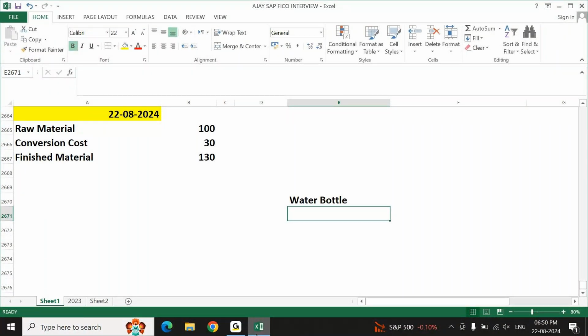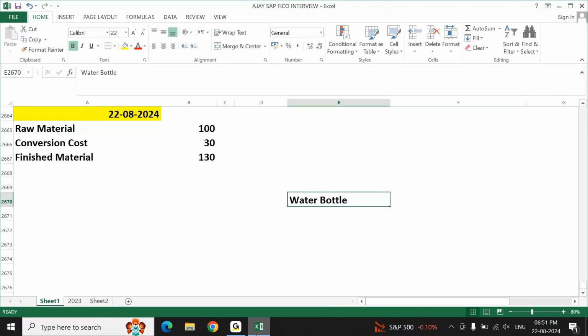Whatever you're using, a cost center or a production, it is always recommended you use a term called overhead. Fixed overhead, variable overhead. Now when you're manufacturing a water bottle, for example, you have to put the same cost. Now the same example, if you treat it in your real life,